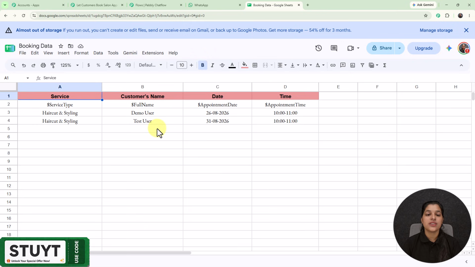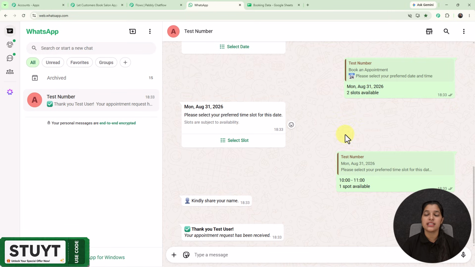That is the same service, the same customer name, the same date for which I have booked the appointment, and the same timing too. So you can see that this amazing chatbot is working properly, by using which my customers can book the appointment and the data can be saved to the Google Sheet without requiring any type of manual efforts. So now let's see the process of creating it, and for that you have to move towards the flow